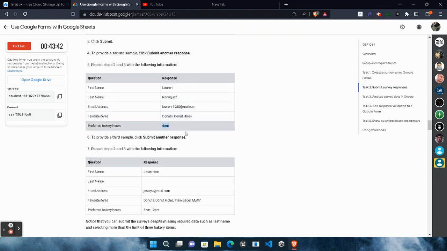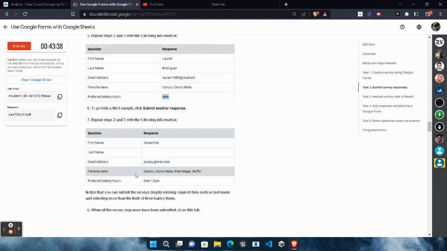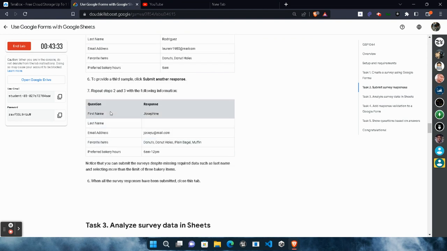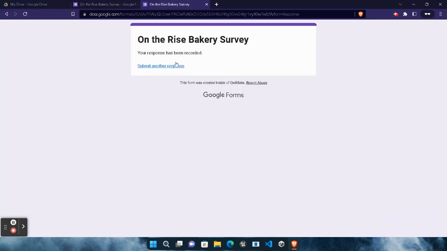तो मैंने एक रिस्पॉन्स और सबमिट कर दिया. उसके बाद फिर से हमें एक रिस्पॉन्स सबमिट करना होगा जो कि इन डिटेल्स के लिए, जो हमें पैरामीटर्स गिवन है. सो वी नीड टू क्लिक ऑन द सबमिट अनदर रिस्पॉन्स वंस अगेन एंड गिव द रिस्पॉन्सेस लाइक दिस गिवन टू अस. ओके,